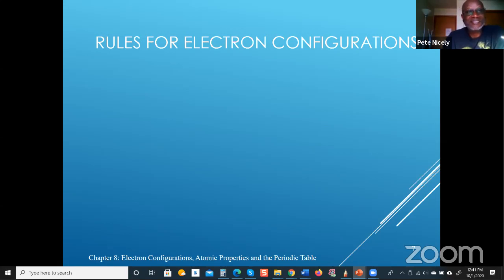So there are several things that can be predicted if you know the electronic configuration. Even the position of the elements within the periodic table is a result of the electronic configurations, right? So based on the electronic configurations, you can tell something about where exactly in the periodic table a particular element will occupy, and vice versa. If you know where the element is positioned in the periodic table, you can come to some conclusion about the electron configuration. So it's very important that you know and understand the rules for determining the electron configurations of atoms,